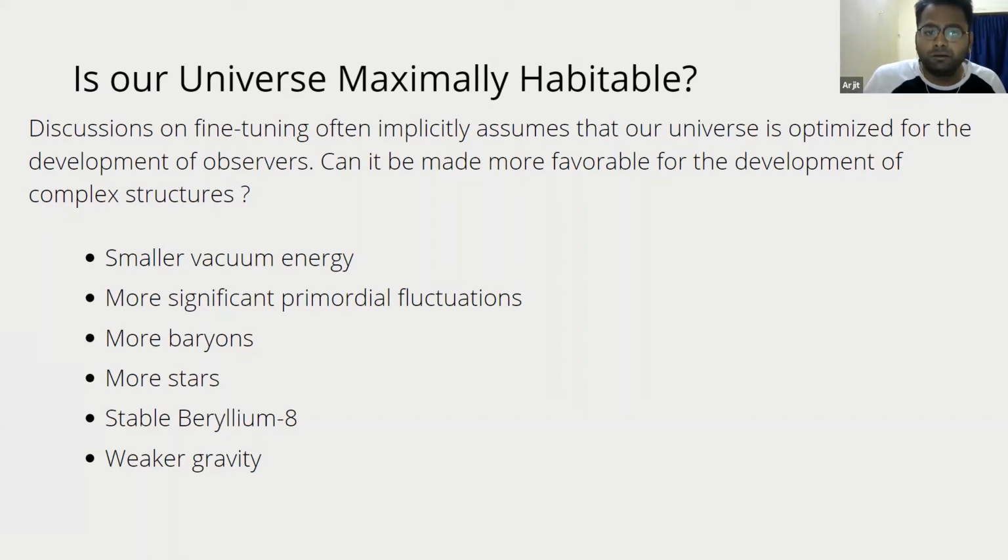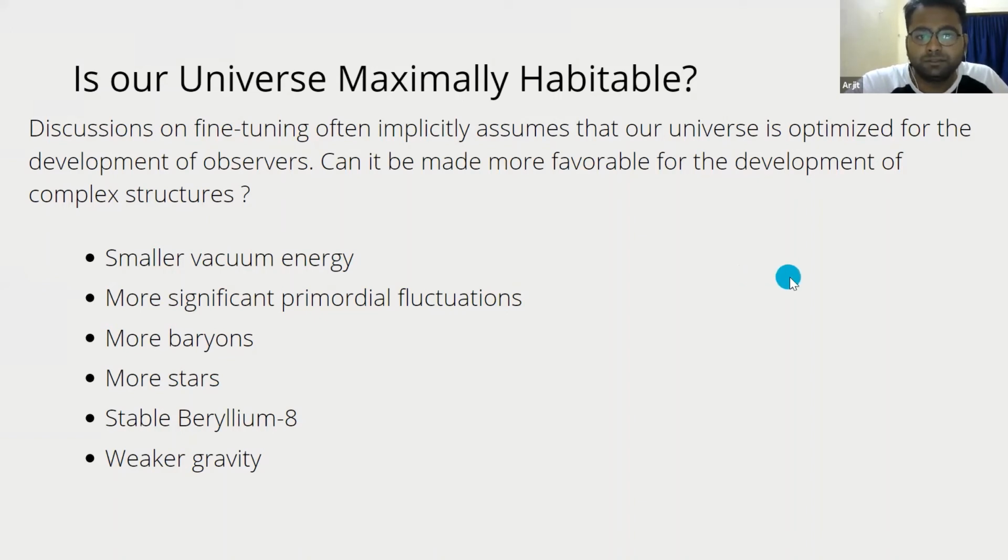So the second point, more significant primordial fluctuations. The amplitude Q of the primordial density fluctuations could be larger. If some inflation occurs in the ultra early era, then the probability of the resulting density fluctuations having a given amplitude could be an increasing function of Q. So larger values of Q are more natural then.